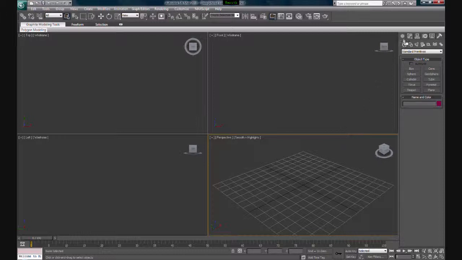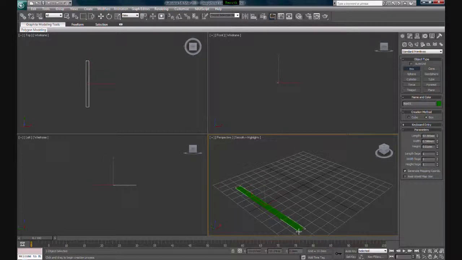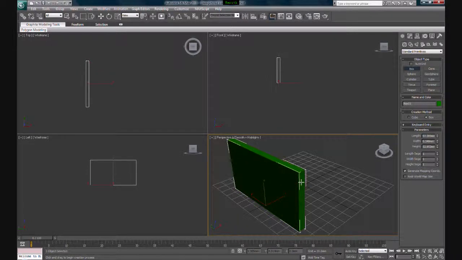by first going to Create Panel, looking into Geometry, and clicking Box. Now you can create an object in any viewport at all, but in this particular case I'm going to do it in perspective view so that you have a better view. And the way to create an object is first by clicking and dragging, pulling it up, and clicking again. So you're done. Now always remember to right click once you're done,